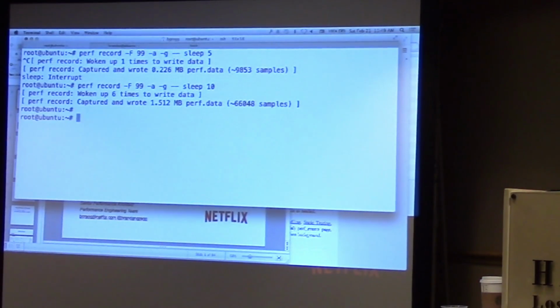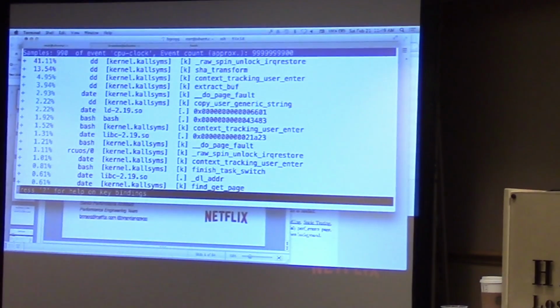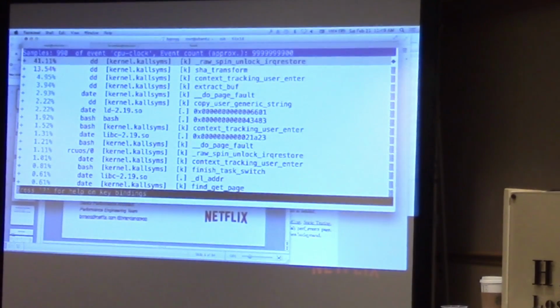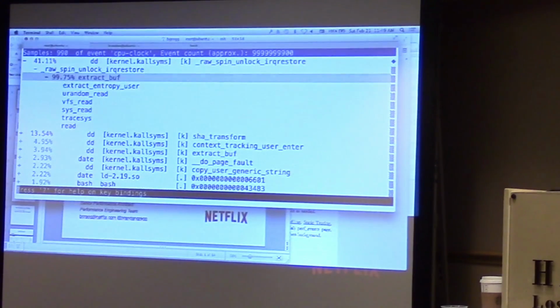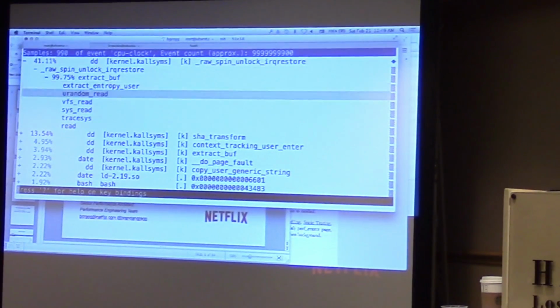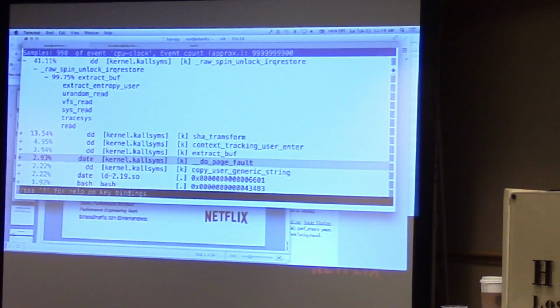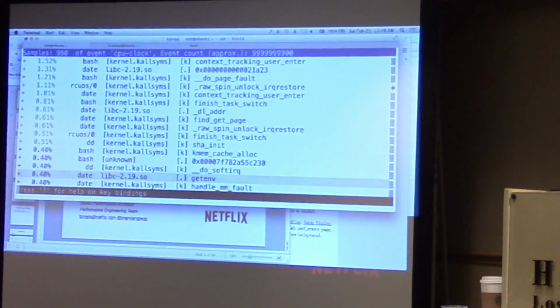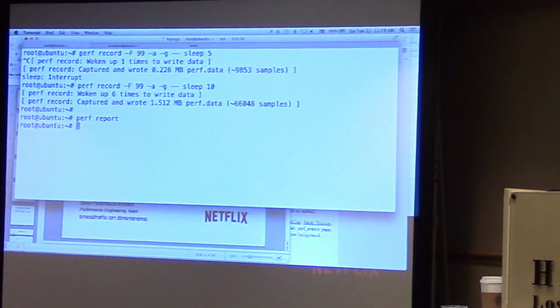So all in the name of improving performance, I can now run perf report. I don't actually like perf report very much, but some people do. This is giving me an ncurses-based view for navigating my profile, and I can click around and say, oh, dd, at least that code path, was 41%, and there are other ones here, but I have to add them all up to see who was the winner.